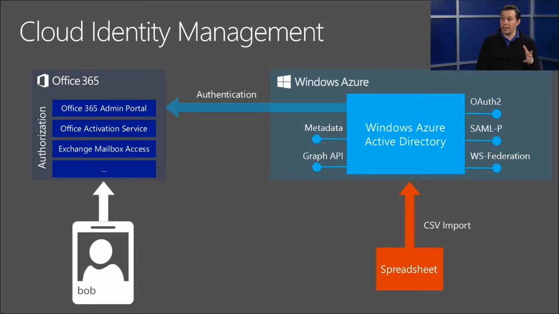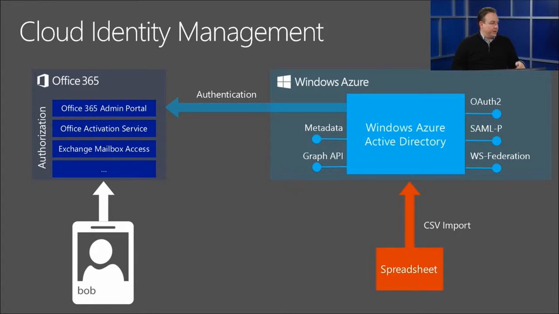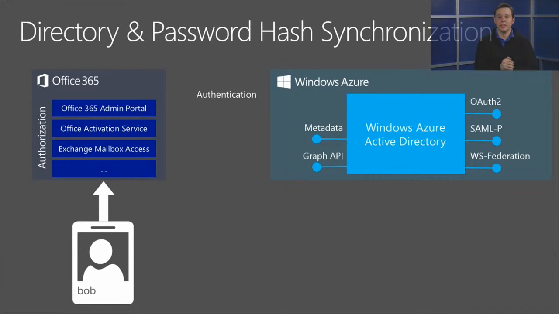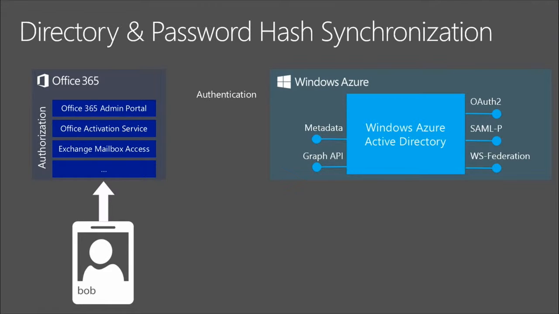And then that's essentially how we manage a cloud identity. And that's really how a pilot gets started. Exactly. You can do that really quick CSV upload, bulk import, and your users are ready to go. That's right. So as we move beyond that, we get into this next model of directory and password hash